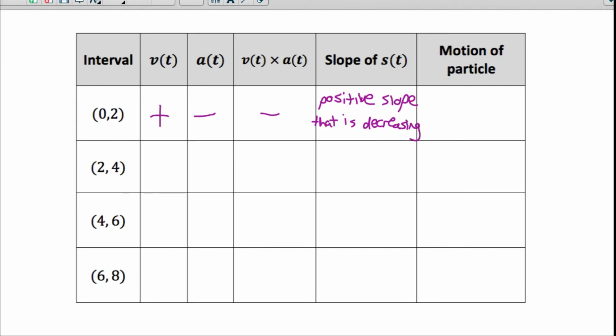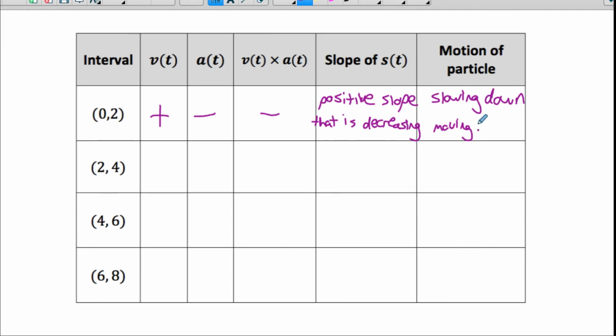What does that tell us about the motion of the particle? Is it speeding up or slowing down? Since the product is negative, we know it's slowing down. And we should also comment on the direction that it's moving in. We can tell the direction based solely on the sign of the velocity. That means it's moving forward. So slowing down,